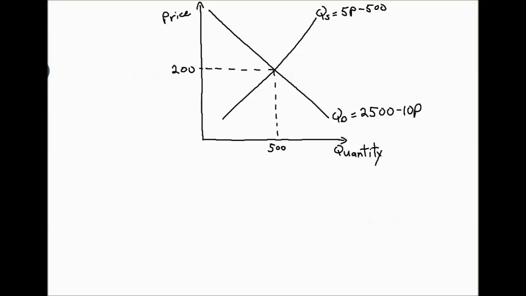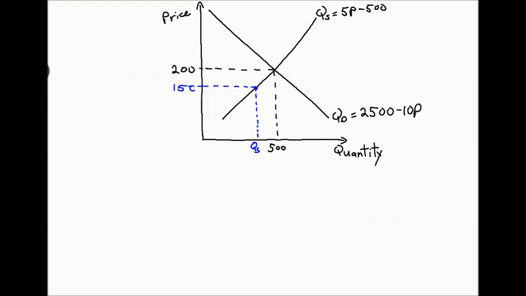So this is the situation in this small country if they don't engage in trade. Now, if we allow them to have trade, we need some assumption about what the world trade price is. So let's start with an assumption that the world price is below their equilibrium price, maybe at 150. So that'd be here. If they open the borders to trade, some people are going to be better off and some will be worse off. The producers will be a little worse off because their price is now lower. They used to get $200 per unit. Now they only get 150,